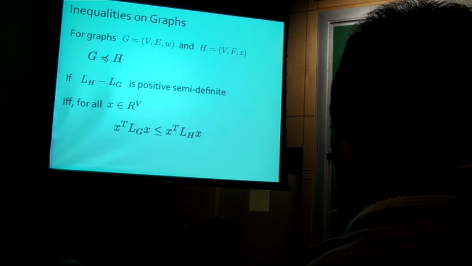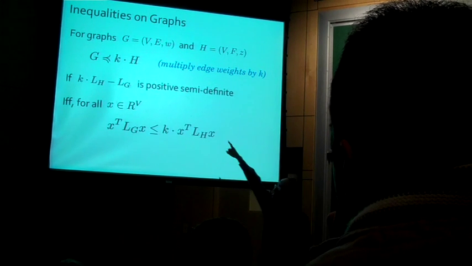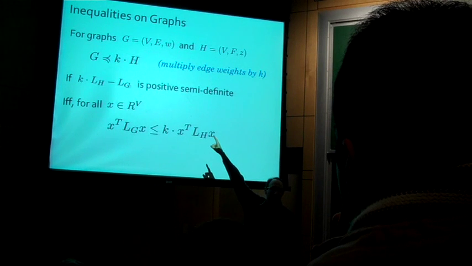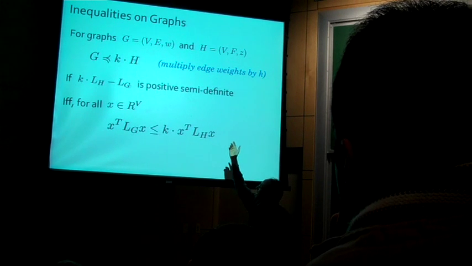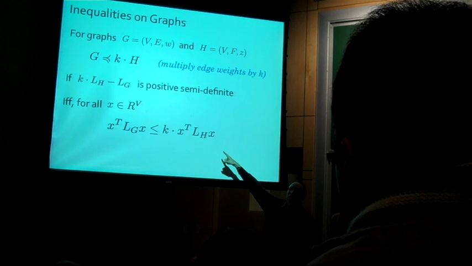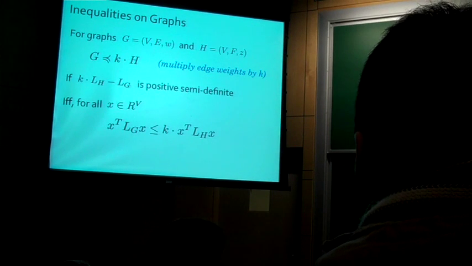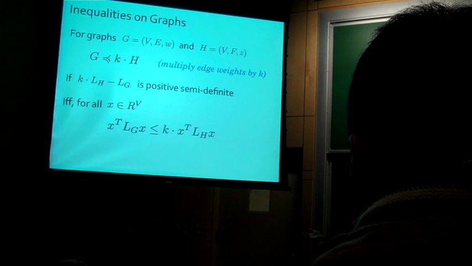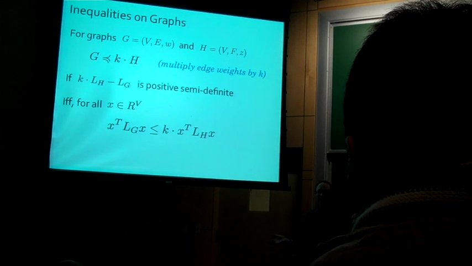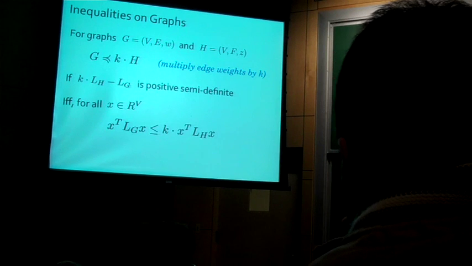Given this, I can almost talk about approximations, but I want to have a little wiggle room. So let's also talk about what it means for one graph to be less than or equal to k times another graph. Well, that's really the obvious definition. I could say it happens if the quadratic form in G is always less than or equal to k times the value of the quadratic form in H, for any k. Or actually, you can just talk about the graph k times H, which you get by multiplying the weight of every edge in the graph H by this number k. And that'll be the same thing. So you can talk about multiplying a graph by a number. It's probably easier to think about multiplying the Laplacian matrix by a number, and it's the same thing.